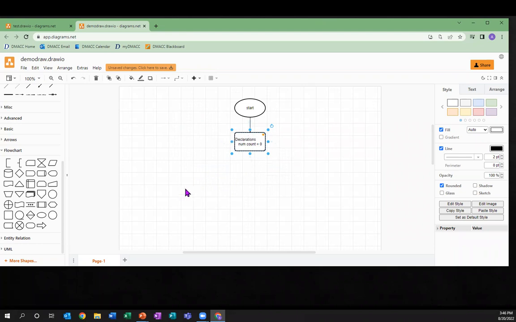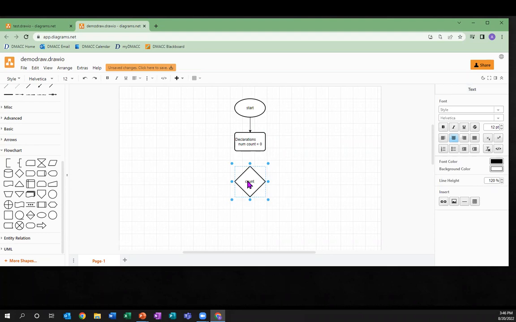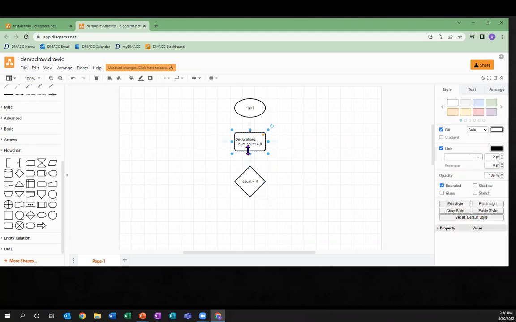All right, we have another process. It's the decision. Click, drag, and you see the arrows line up. The little gold line lets me know I'm a little bit in line. And the thing that I was watching here was count was less than 4. All right, cool. Let's do what we said here. Now notice if I sit here, the arrow is going up. You can see that now. And that's not what I want. So I want to unclick on that, click on this,